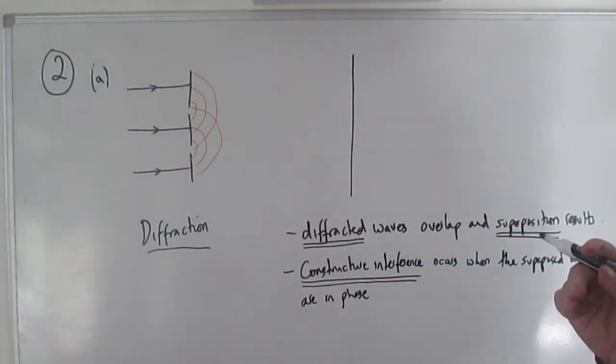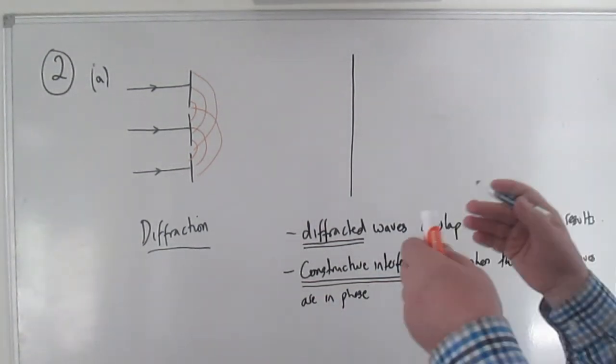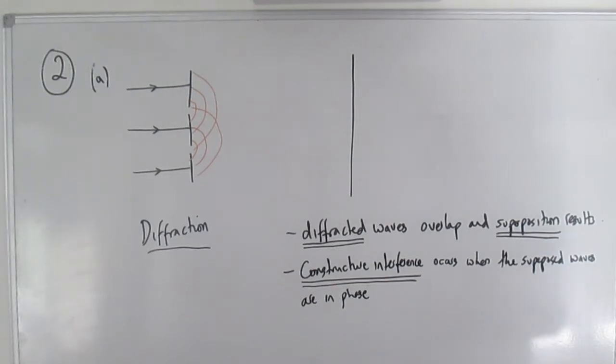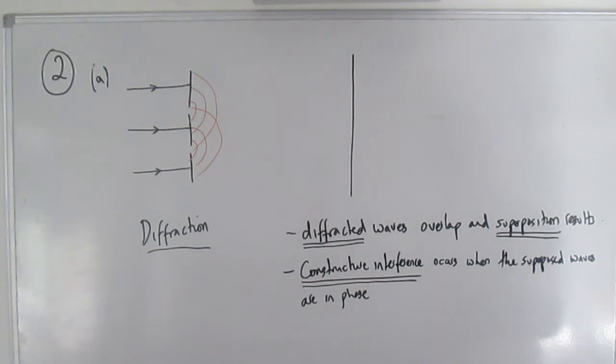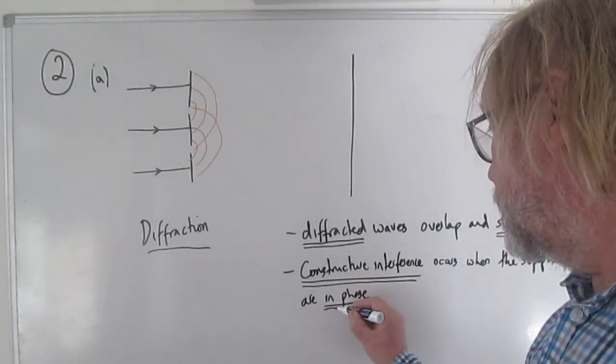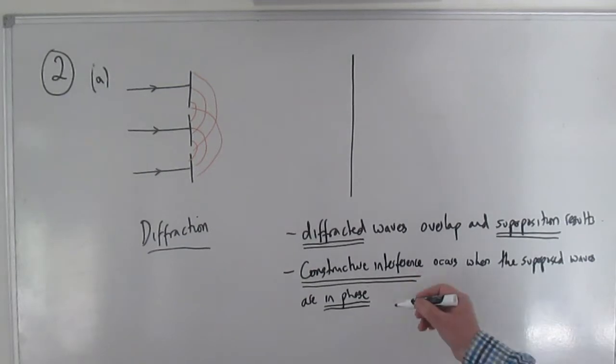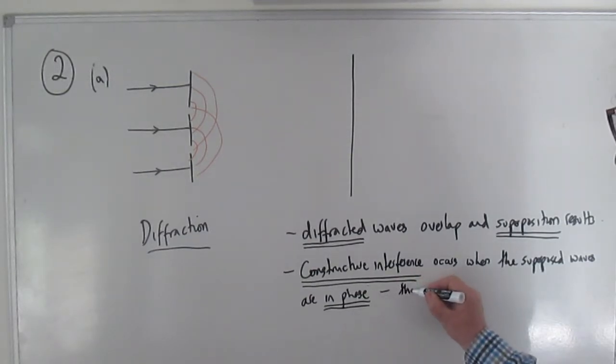So in phase means peak superposed on peak, trough superposed on trough. So that's a useful phrase to use, or indeed as well, you could say that this happens